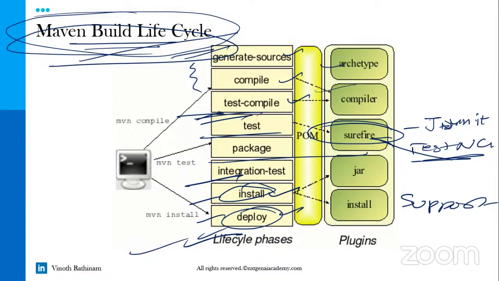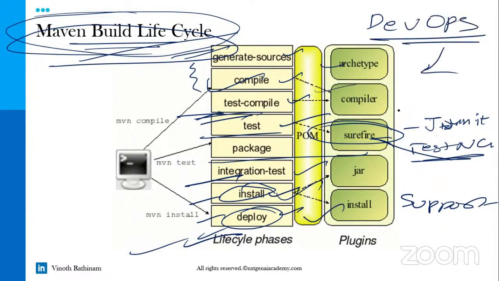Entire process. Okay, testing is done. Then what will happen? Unit testing, so source compilation passed. Then testing will happen automatically. Integration testing completes. Then it will install and deploy. So this is the process. Once again, this comes up with the DevOps concept, everything CI/CD. What do you mean by continuous integration, deployment? Whatever you want to achieve, this Maven will come into the picture.